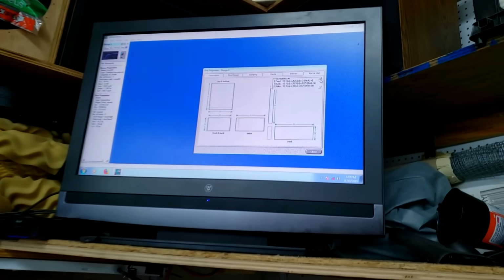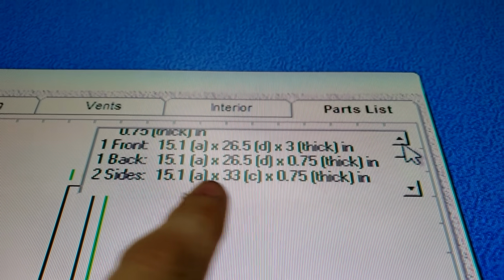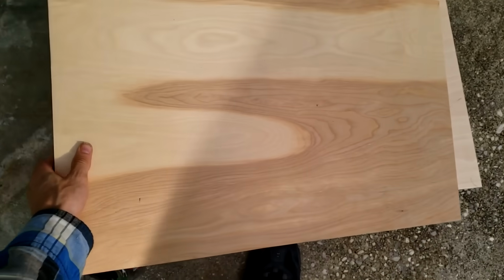Moving on to the next cut, we are about to start the 2 side pieces. Now, these also need to be a little bit modified because we ended up making the back double layered and placed it on the outside. So instead of 33, we did a 31.5, and luckily,